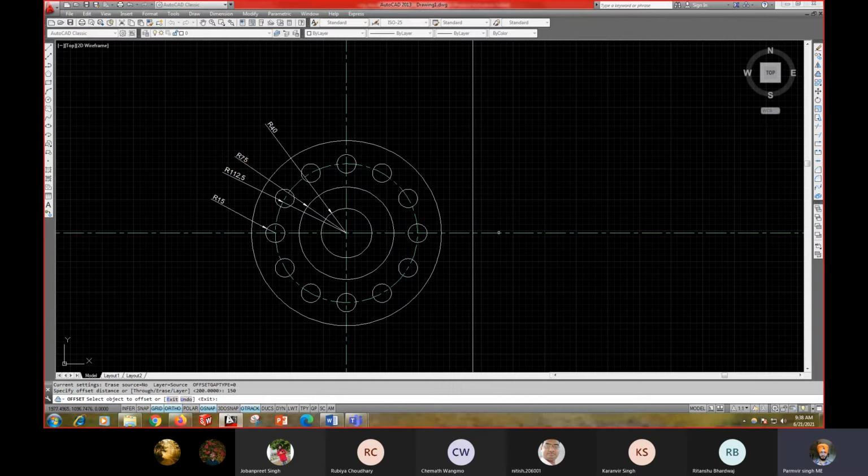Then select the horizontal line, the first one, then give the direction. Now I am using only one side. The other side I can draw with the help of the mirror command. So I escape this command, then use the offset command again.